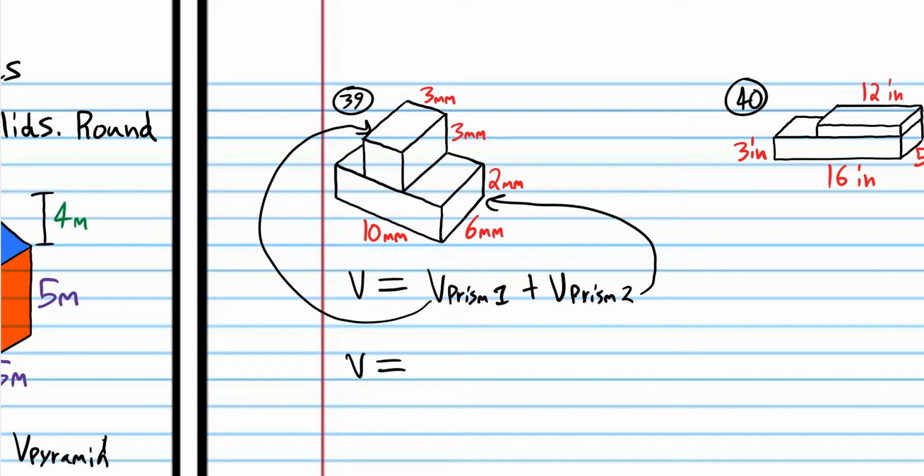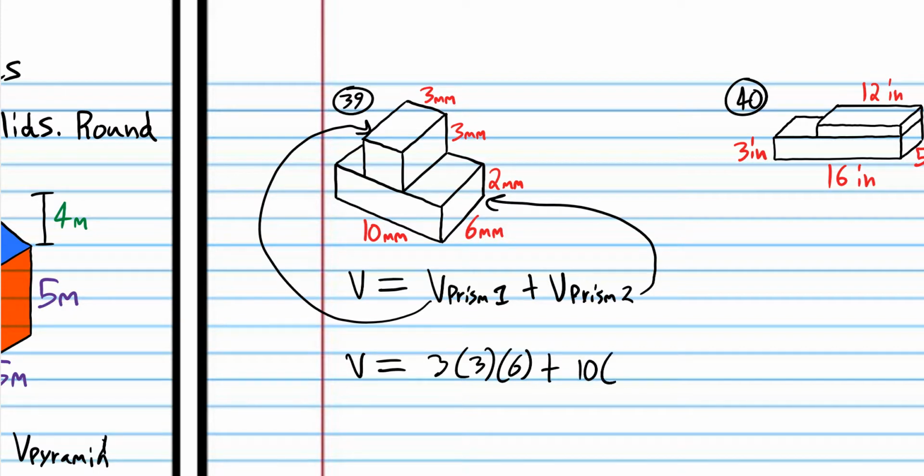So total volume is equal to the top prism. We have the width and the height, and we do have the length. This length here is 6, so that means that this length must be 6 also. So that would be 6, that's the volume of one prism, and then the volume of the other prism would be